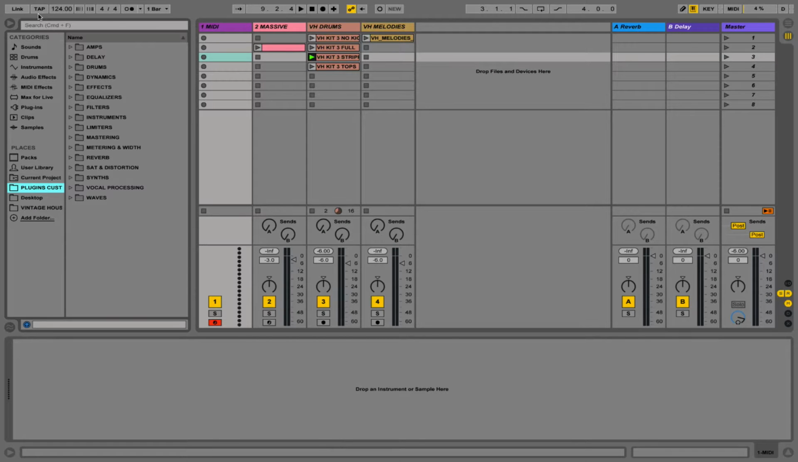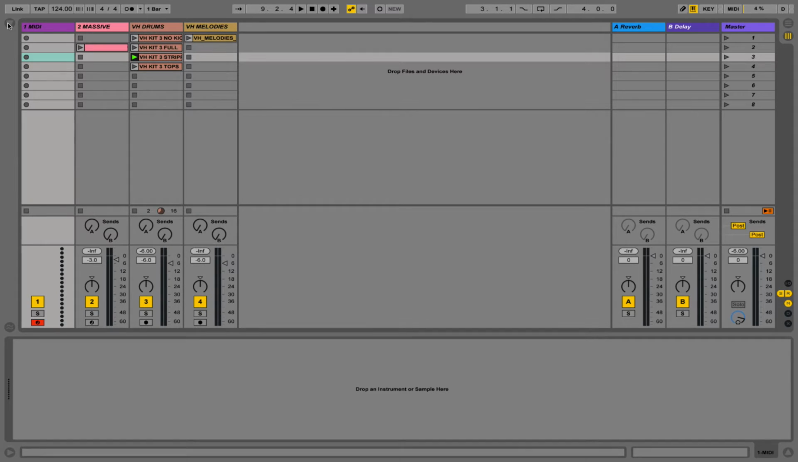Hi guys, this is Ableton Bible, and in this video we're going to take a look at how to increase the stereo width of your mix and just general stereo widening techniques. Okay, so before we actually go into the techniques used to widen a stereo image, first we've just got to